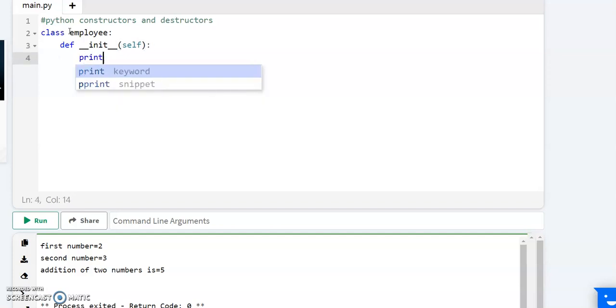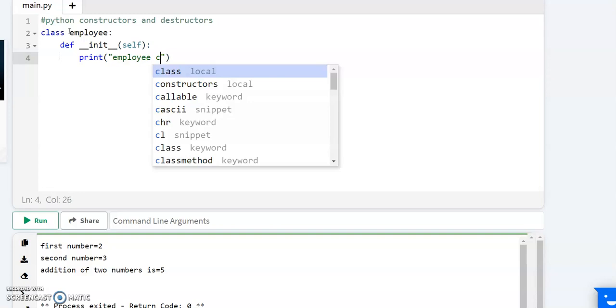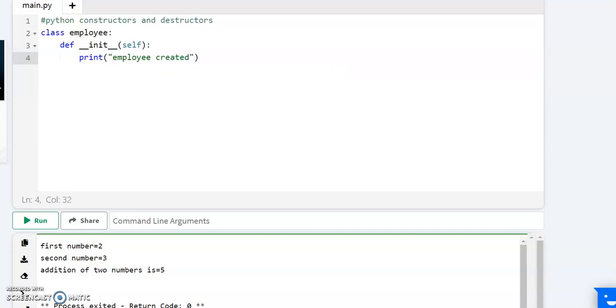Then print employee created. That means when an object is created, the constructor should execute, right? So at that time employee created should print.